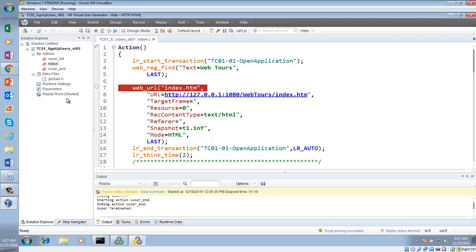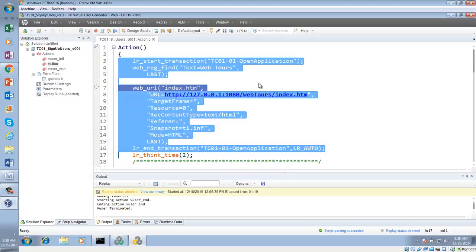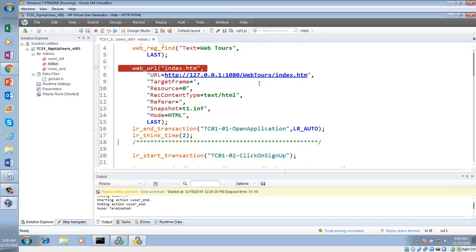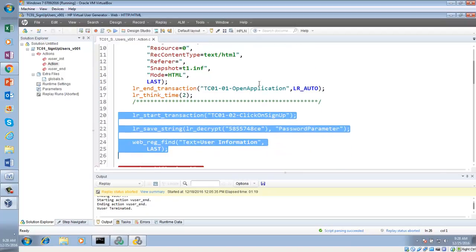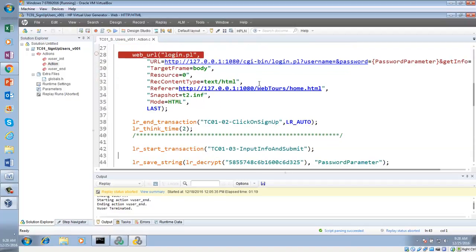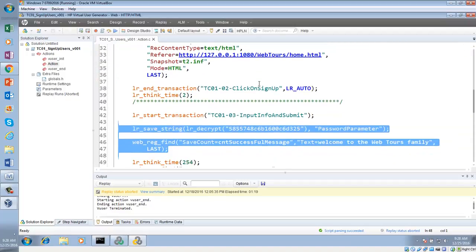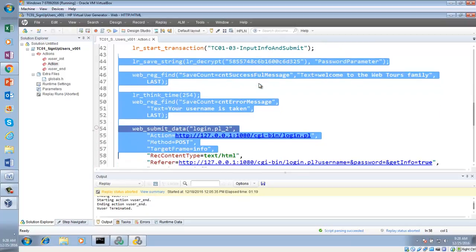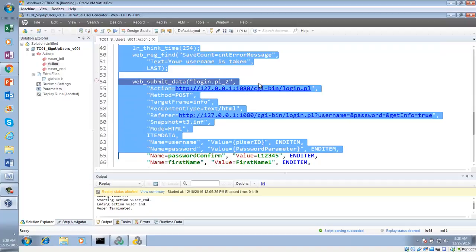Now, how will I view what data is inside that script? We know that in the previous class we were working on this script. We have a transaction for opening the application, right? Then we have a think tag, and then a transaction for clicking on sign up, and then another think tag, and then a transaction for input info and submit.